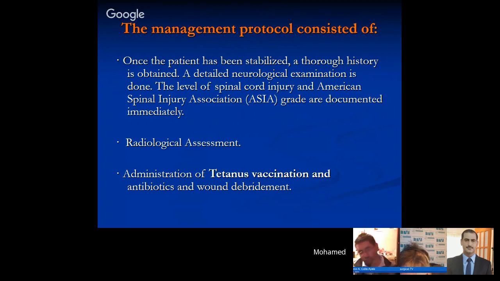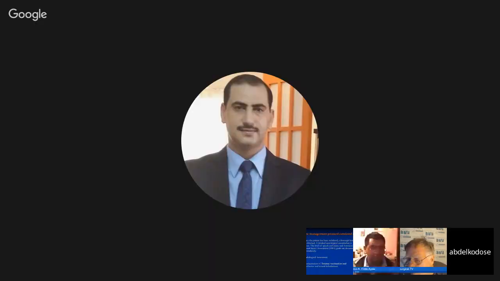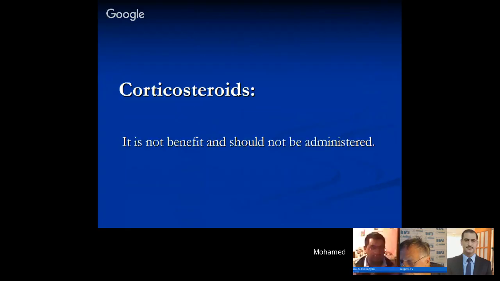The level of the spinal cord injury and American Spinal Injury Association grade, what we call ASIA grade, are documented immediately. Then radiological assessment to assess if there is any instability or compression of the spinal cord, and administration of the tetanus vaccine and antibiotic and wound debriding. About corticosteroids, there is no benefit and they should not be